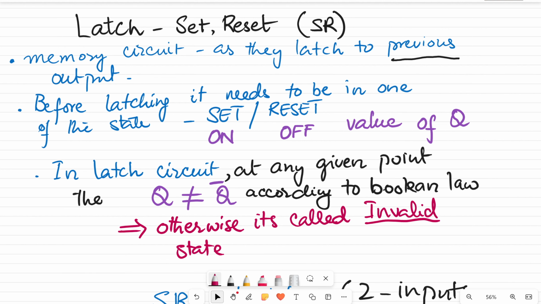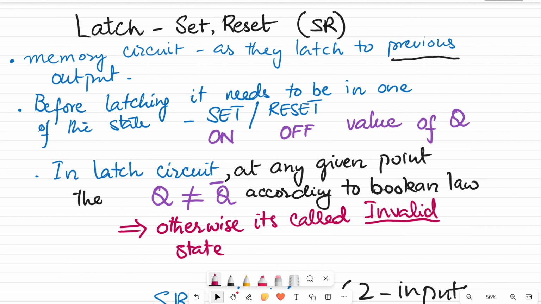If you want a latch circuit to latch to something, you need to have the previous output present. The previous output can be in a set state or a reset state. Set state means that the output pin contains an on signal, and a reset state means that the output pin